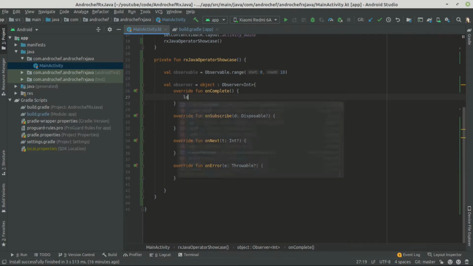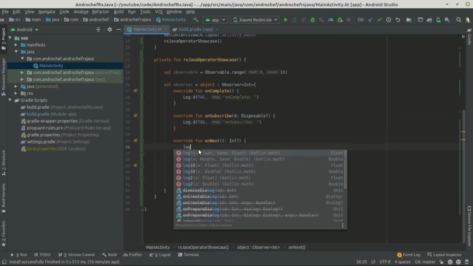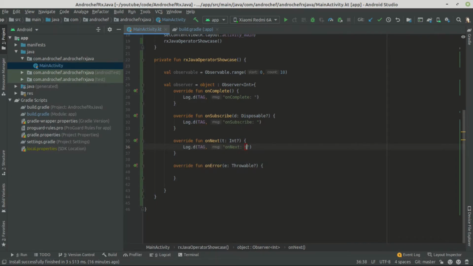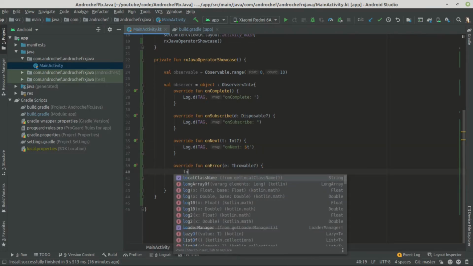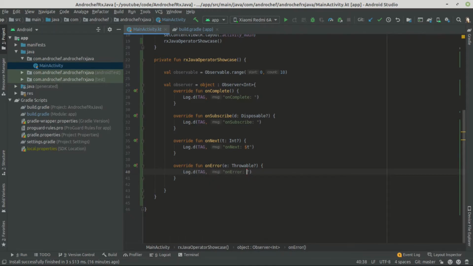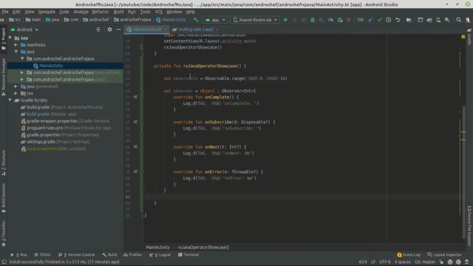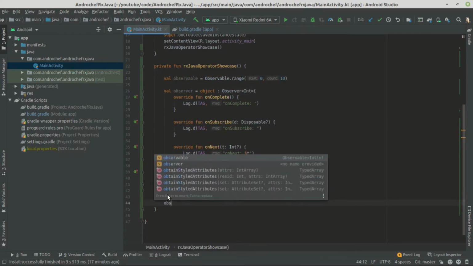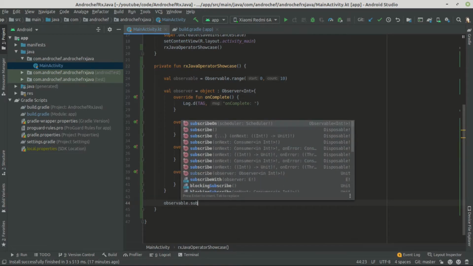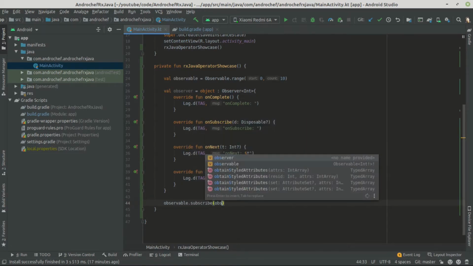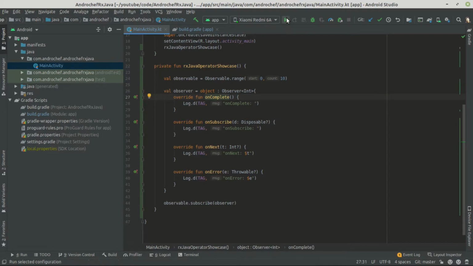So log will be onComplete, onSubscribe, onNext. In onNext we have this value, so we'll say, let's say, t, and in onError we'll have our error printed. Now we have to connect observable and observer. So we'll do observable dot subscribe, and in the subscribe we'll pass the observer. Now we will run the code.